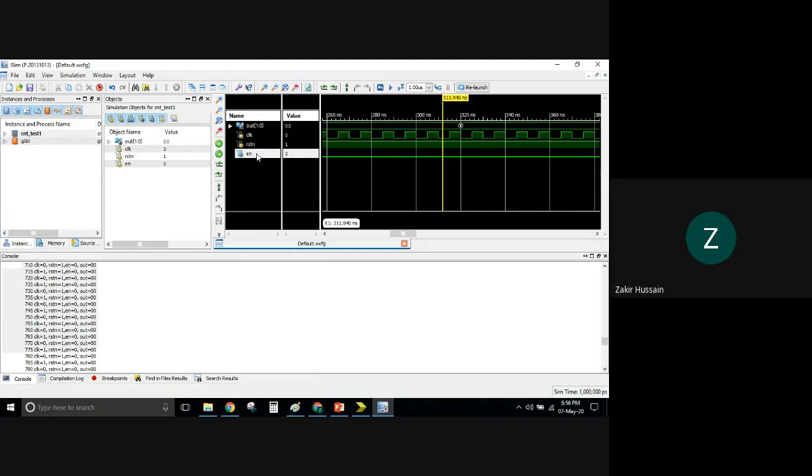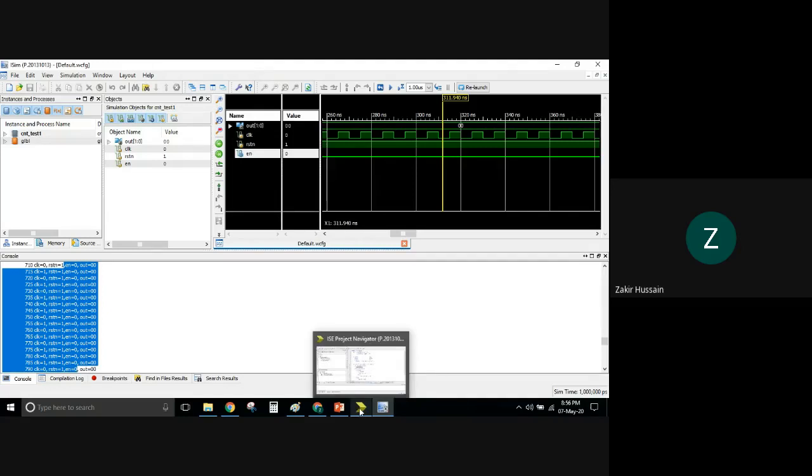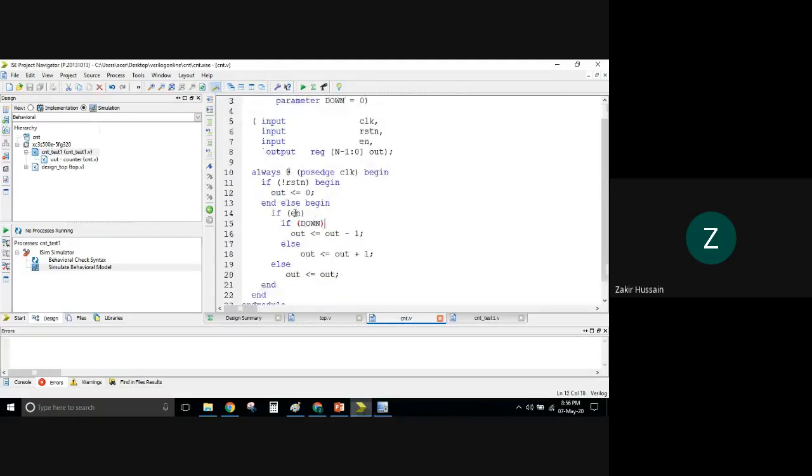Okay, yeah. So the mistake here is, if you analyze this waveform and see carefully here in this console, your enable is throughout 0. So what is your code dictating? If your enable is 0, then this portion will not be executed at all. It will not be treated by the compiler at all.